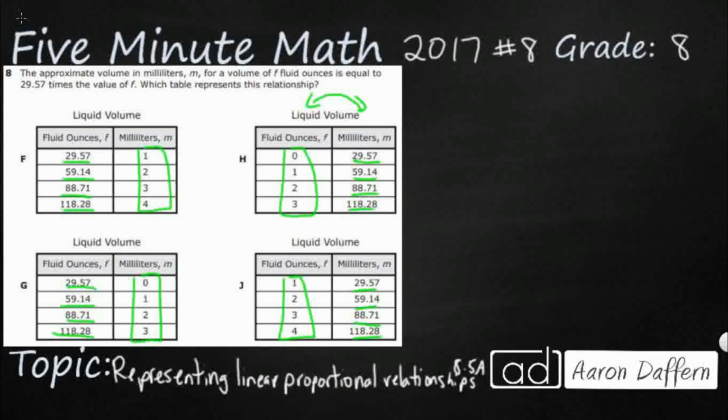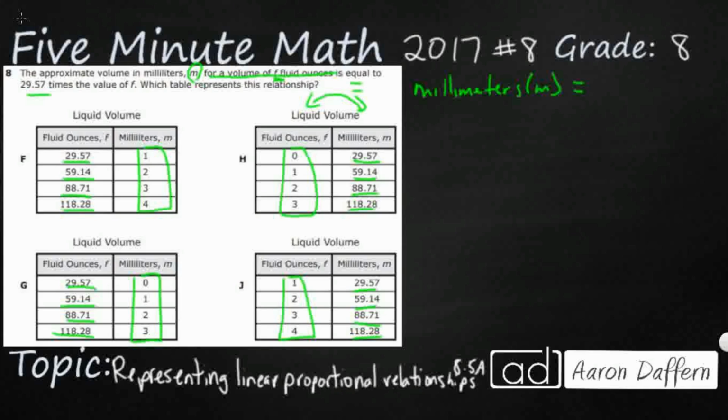So really, we're looking at how you represent these in an equation. It says the approximate volume in milliliters, M, for a volume of F fluid ounces is equal to, so I'm just going to put M in parentheses. We're going to repeat this F, so I'm just going to skip this part because I think that's kind of confusing. So I've got M is equal to,